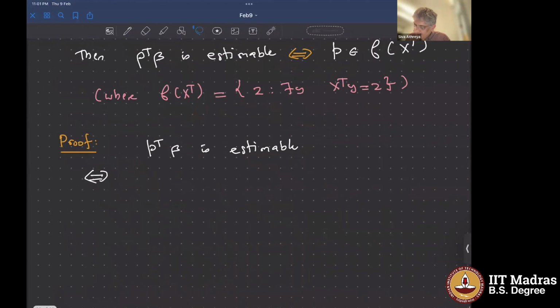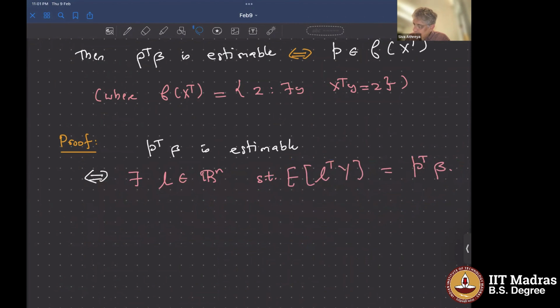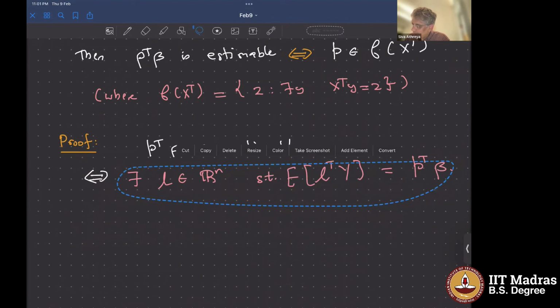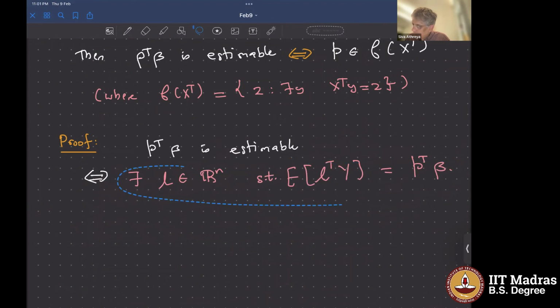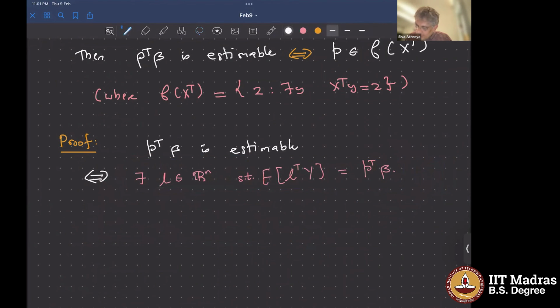Let's put that down here. And that's if and only if, if you look at it carefully,